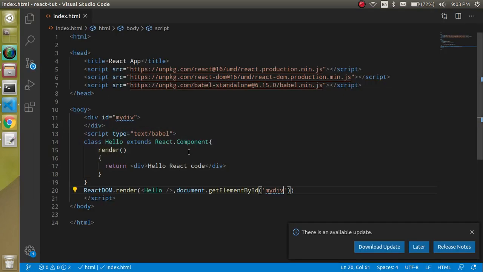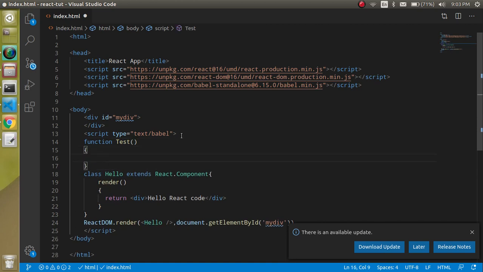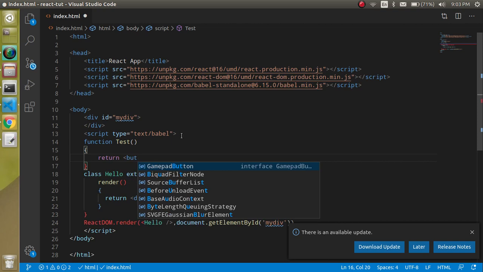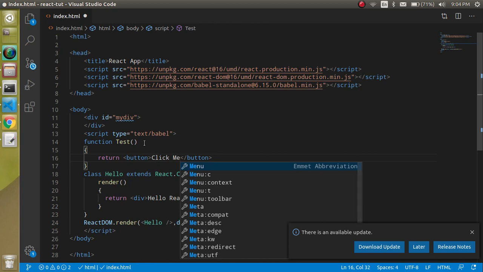So now let's create one more function, or you can say the functional component. For that, just simply write here test. This is our test function basically, right? And just simply return here, let's say a button, and you can just put here click me or something, right?